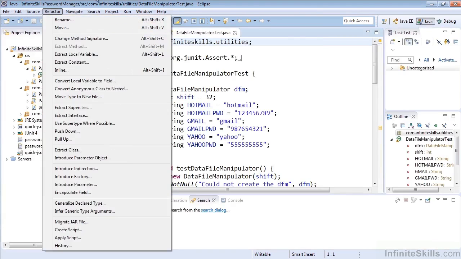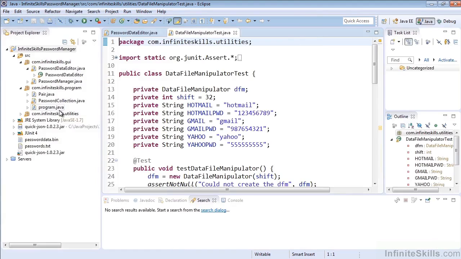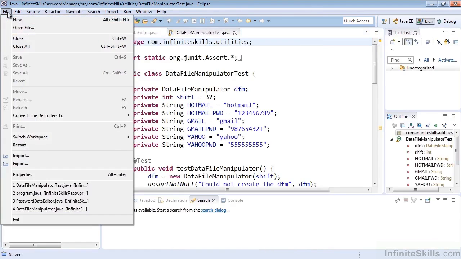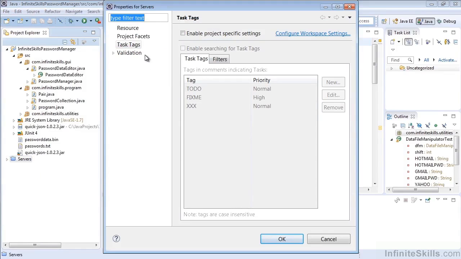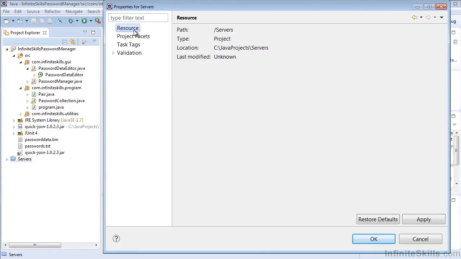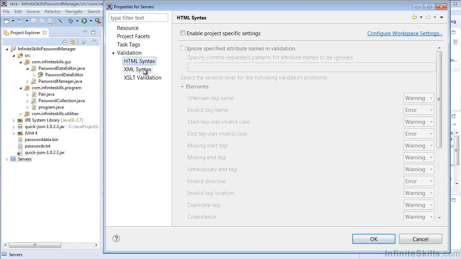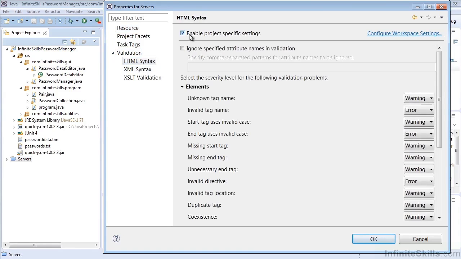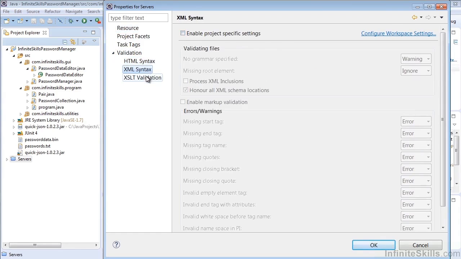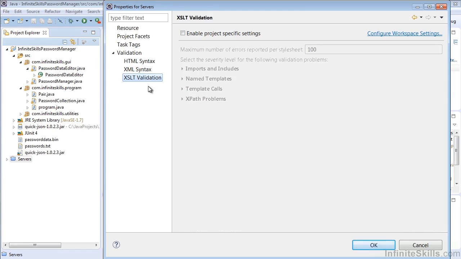For the properties, there's a couple different things to note. First of all, if I don't have my project specifically selected and I hit File Properties, it will look a little different than if I have my project selected. Here we see that there are some property settings that we can manage for that resource servers. And there are different things about what we can have inside of servers being set up inside of our Eclipse IDE. For example, we could determine if we want to have some HTML syntax validation, XML syntax validation, XSLT syntax